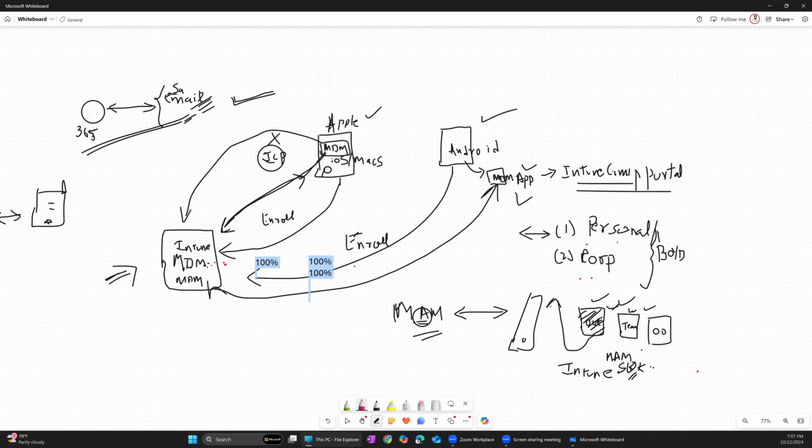So we'll talk about Android now. The reason why, again, Android is, like, most people will go to have Android phones, and